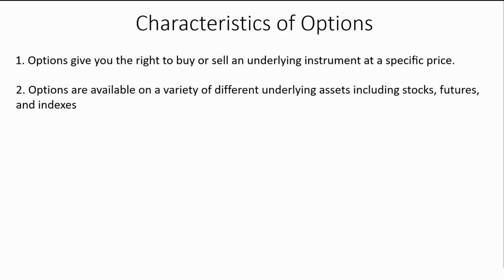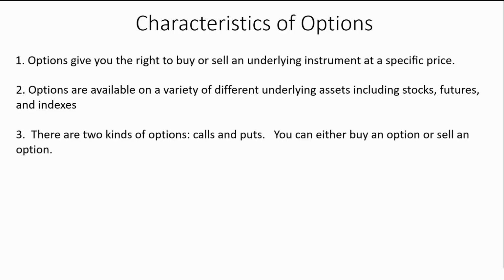And number two, options are available on a variety of different underlying assets, including stocks, futures, and indexes. We trade options on just about anything that moves, I will say. We also trade the grains. We trade futures options, options on the indexes, the stocks. So they are available on a variety of things. So you're not stuck in a particular class or characteristic that is heavily correlated to one sector or the other. The world is your oyster. That's a huge advantage, the flexibility that options give you.